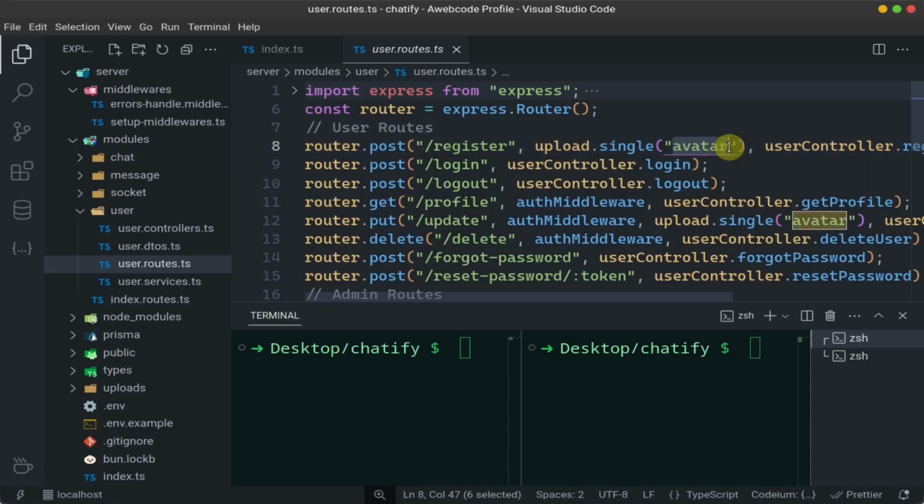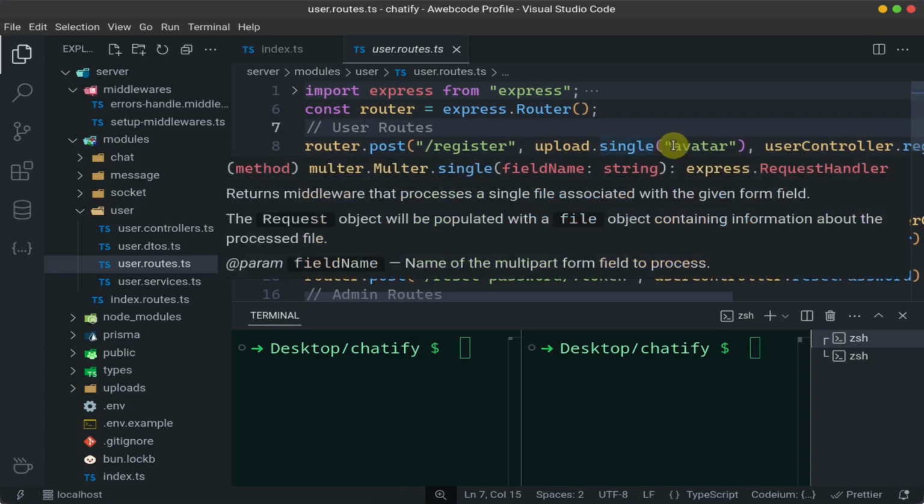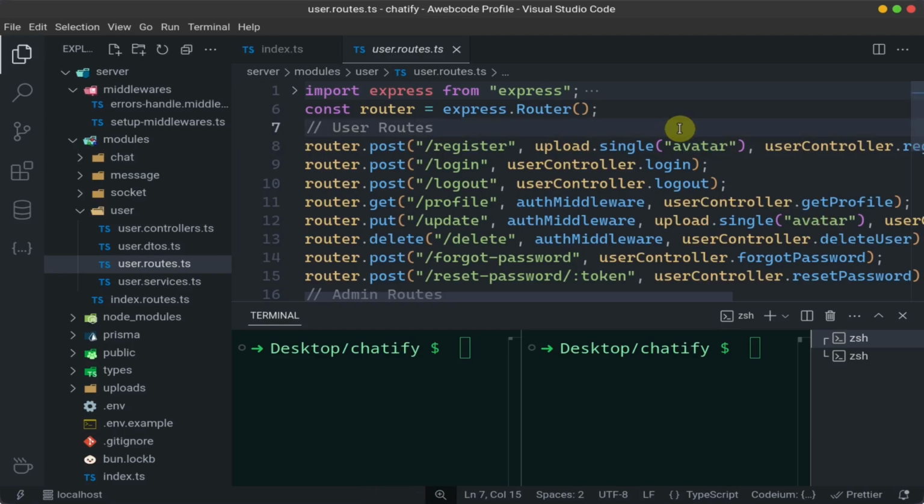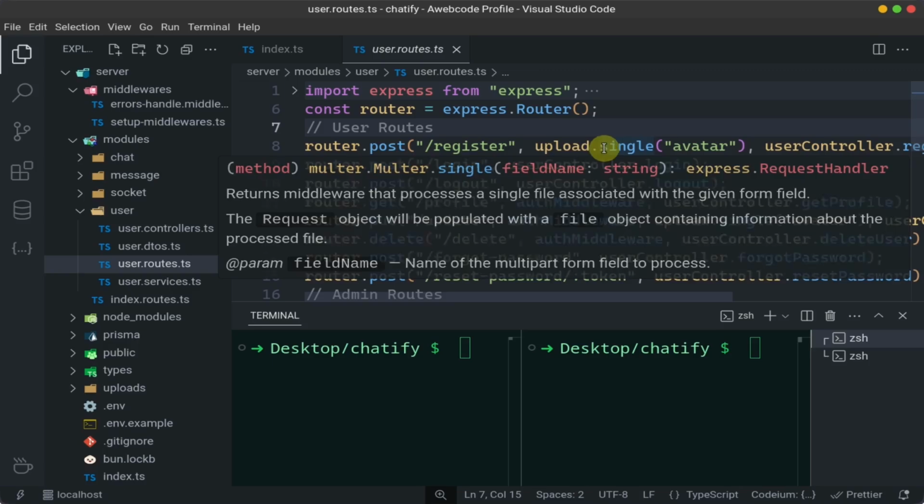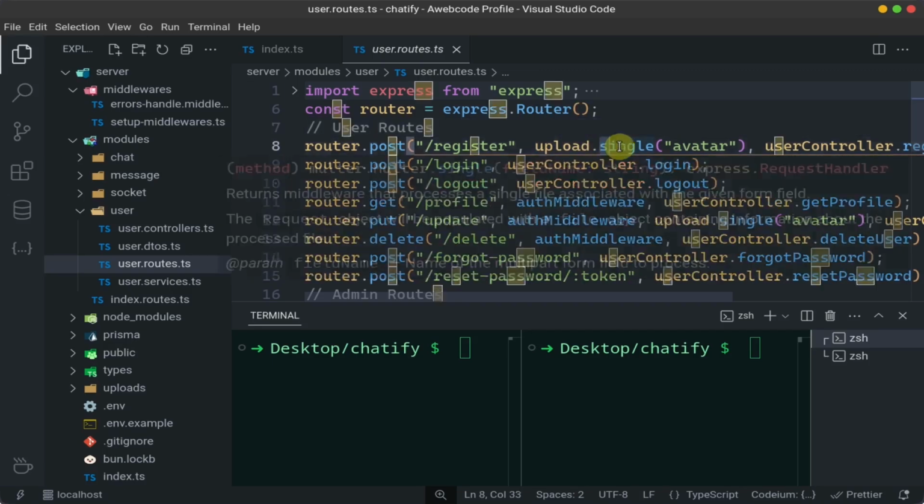So with the field name, you can pass data from your client to your server. When you pass data from your client, you need to set a name to pass your image or file data, or your files. You can use upload.single to send a single file from the client,